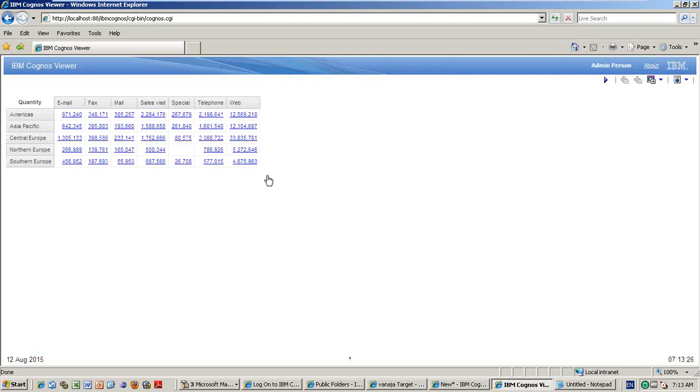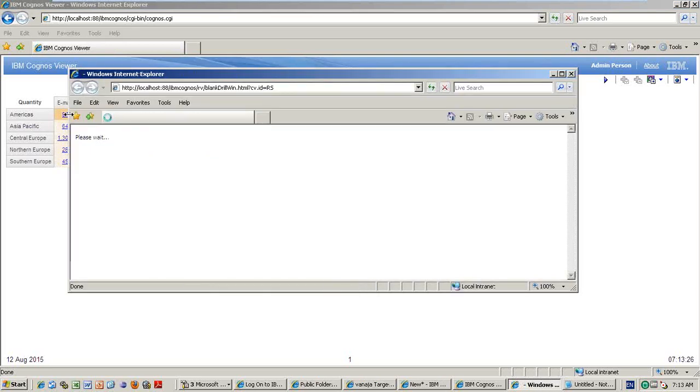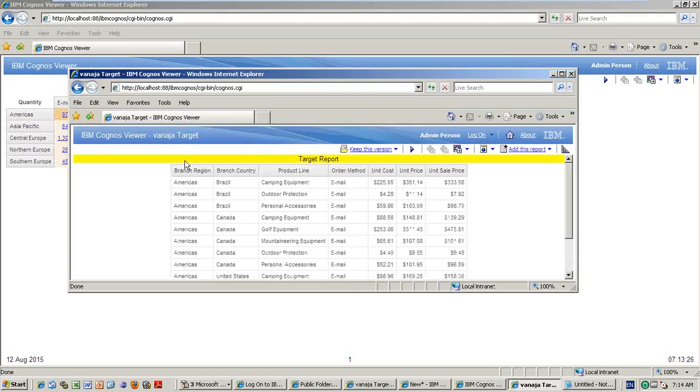You see now, America and email. If I click here, only America email related information will pass to the target report. See, it is opening in a new page. The target report is opening, see that. But it will pass America and email.